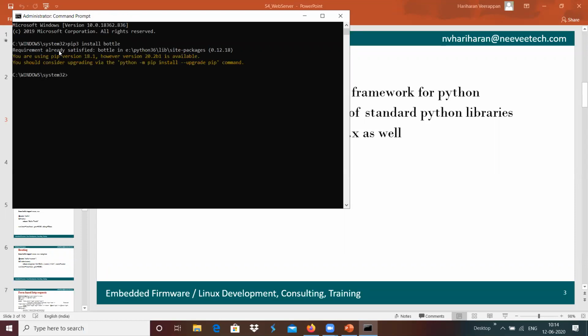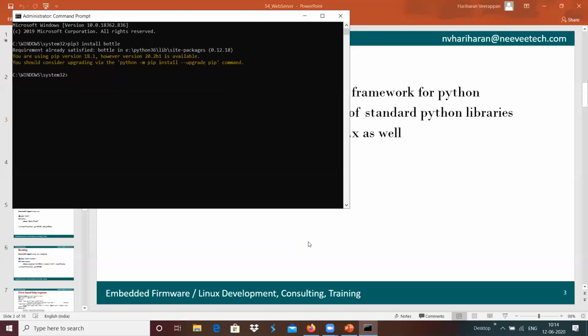I already installed it, because of that it says requirement already satisfied, and it has been present inside the Python 36 lib site-packages folder. Inside this folder, this framework got installed.